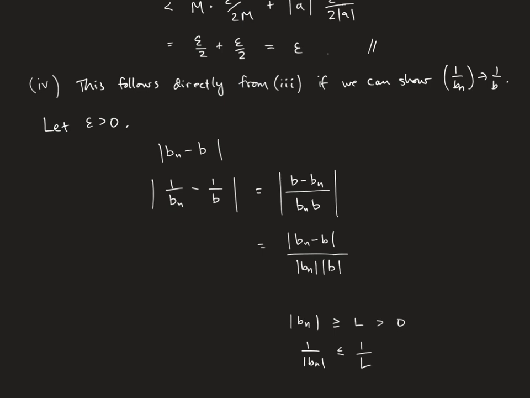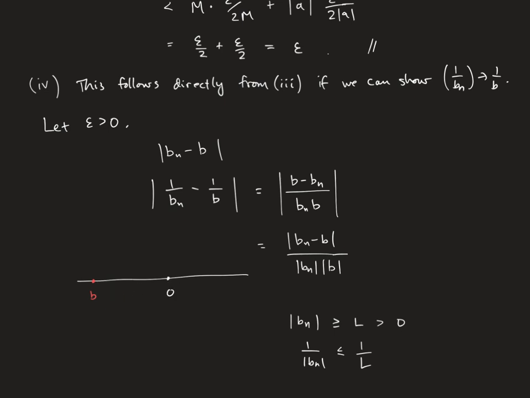So what's the idea for how to do that? We need to brainstorm an idea before we go writing the proof, for how to put a lower bound on the bn's. Remember, we're assuming here that our b is not 0, because it needs to make sense to divide 1 by b. So our b, which is what our bn's are tending to, is not equal to 0, so there's some distance between b and 0. And since the bn's are getting close to b, at some point the bn's are going to have to be, in absolute value, closer to b than the halfway point between b and 0.